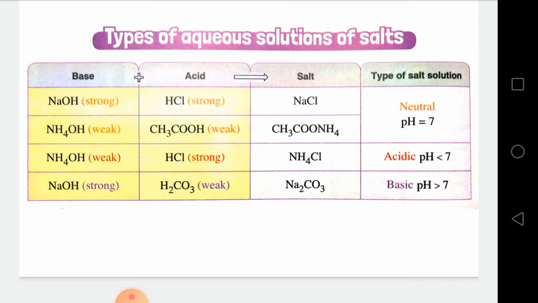The example of weak acid and weak base produces a neutral solution of ammonium acetate, and the reaction of strong base and strong acid, the reaction of sodium hydroxide with hydrochloric acid to produce sodium chloride, which is also a neutral solution, with pH equal to 7. But if the acid is strong and the base is weak, so